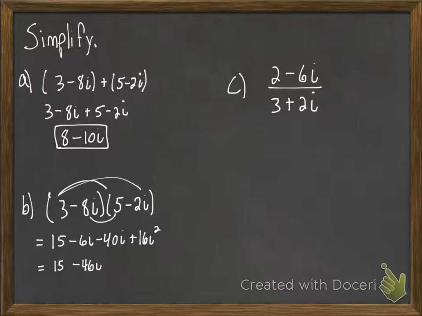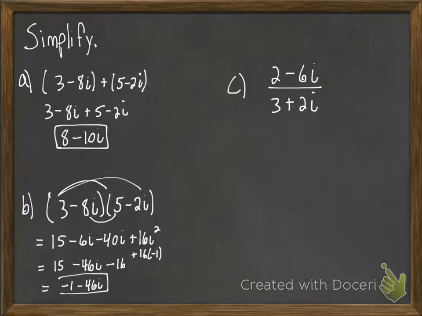But that's not the end, because we remember that i squared is a negative 1. So this is really plus 16 times a negative 1. So it's really minus 16. And so 15 and 16 are like terms. So we get negative 1 minus 46i